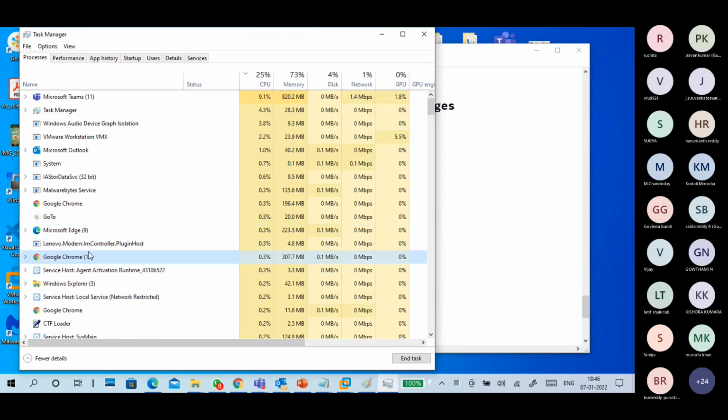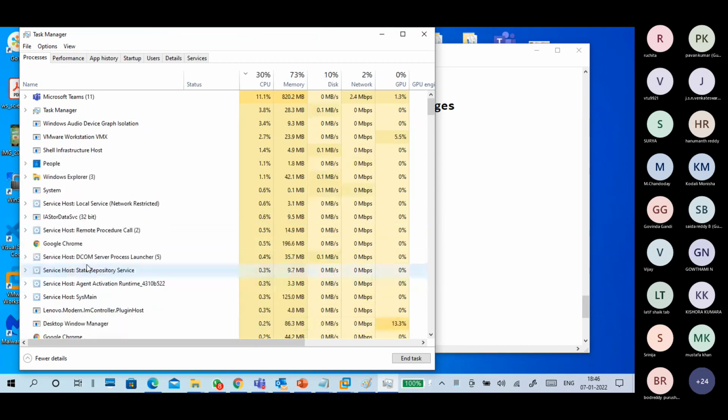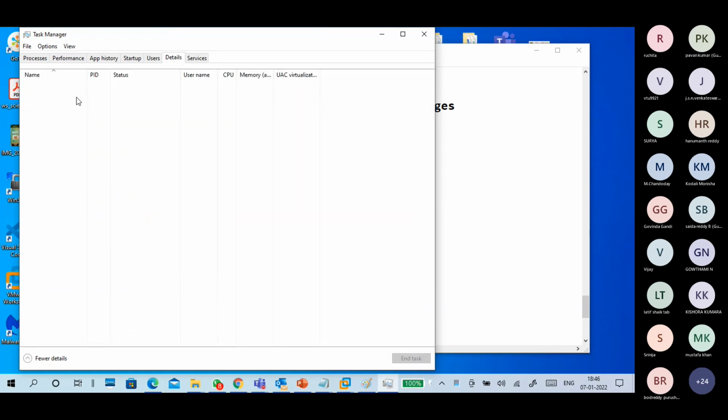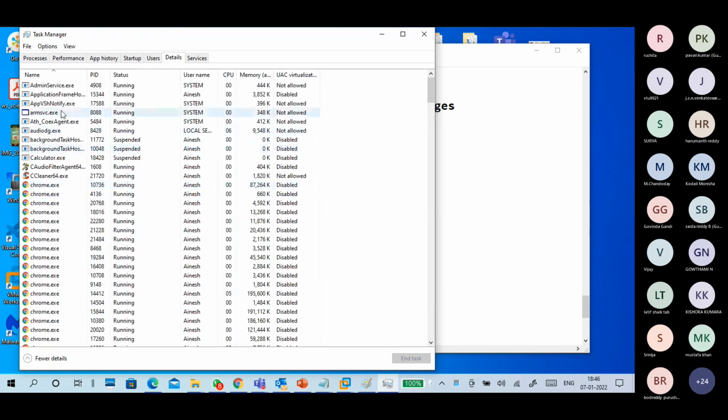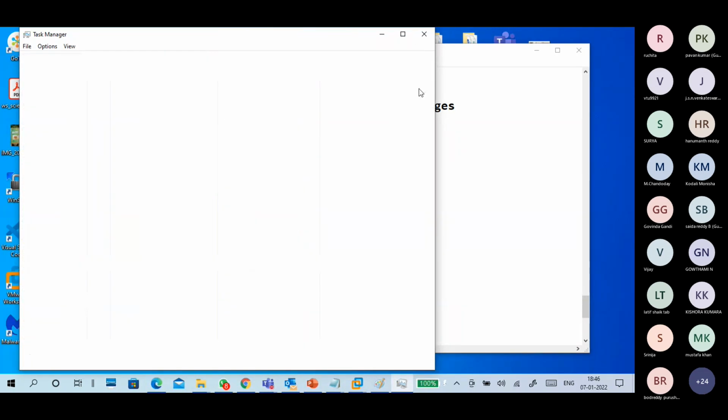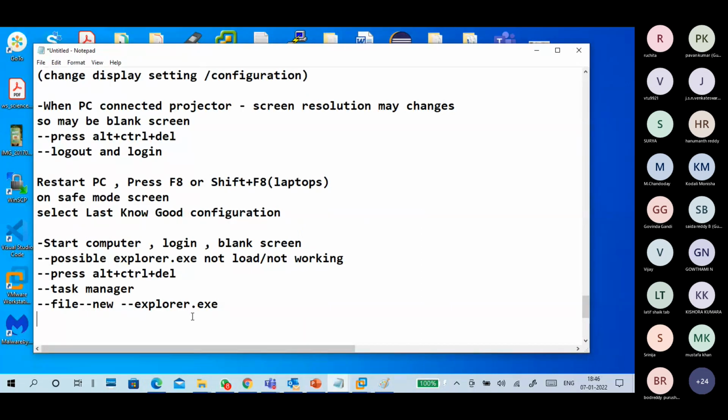Unable to catch it. It's like it's jumping. Yeah, just whatever it is. Details wise, you can catch it from here. Explorer.exe, find it and kill it. Okay, Explorer.exe. Once you kill it, you can't see anything on your screen. What to do? Alt Control Delete, go to Task Manager and put your Explorer.exe.